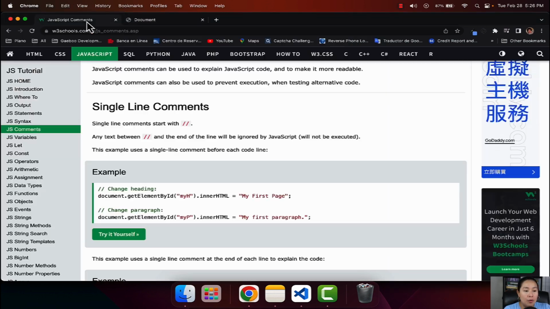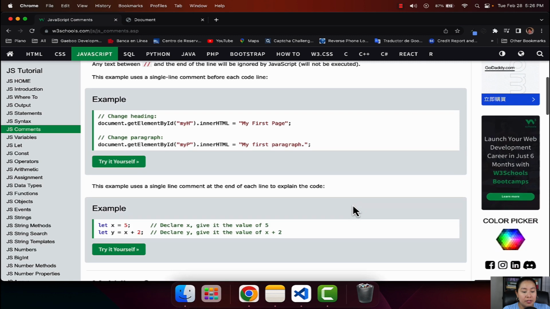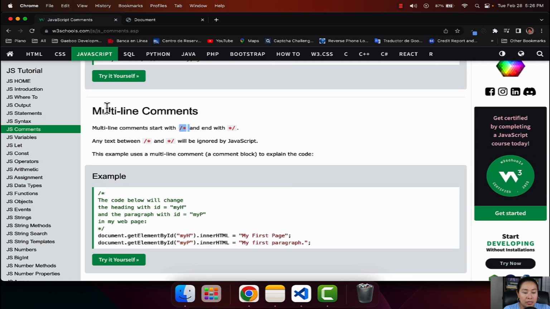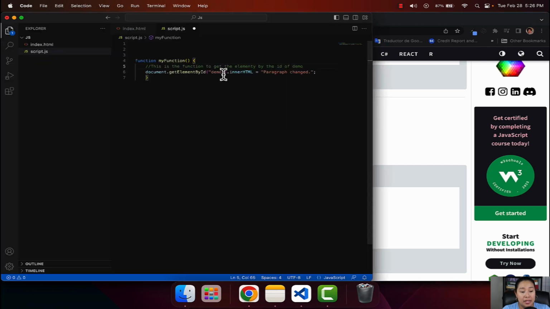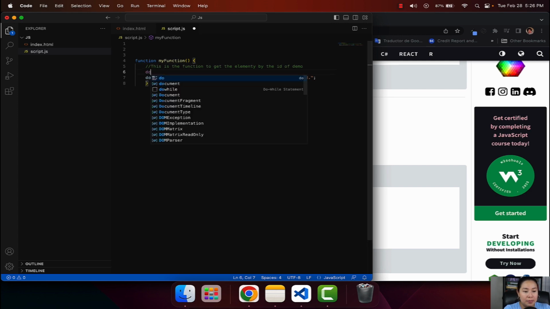Now, the second way that you can add a comment in JavaScript will be by using the multi-line comments. For this, you will use the following syntax. You're going to start with a forward slash and an asterisk, and then you're going to end it with an asterisk and a forward slash. Now, this will be to add multiple lines of comments, because on this first section, as you can see, if I hit enter and I start typing in something like